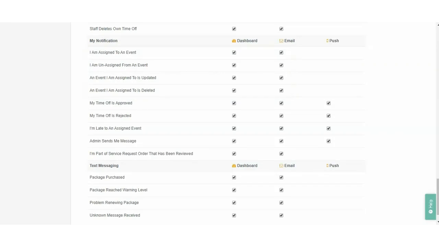You'll recall the options for Schedule Staff Notifications are Same Day or Always. So for example, if a staff member has the "I am assigned to an event" notification enabled on their account, but your company settings are that they only get same-day scheduled notifications, the staff member will only get a notification when they are assigned to a same-day event, and not when they are assigned to an event on a future